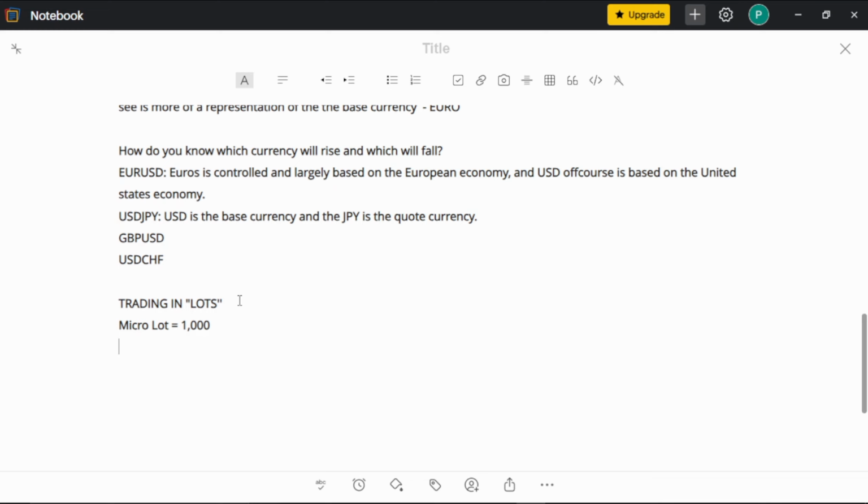So the second category is what you'd call mini lots, which is 10,000 units of a currency pair. And then you have standard lots, okay? Which is 100,000 units. If you go to your MetaTrader 5 and you open it and you click on any